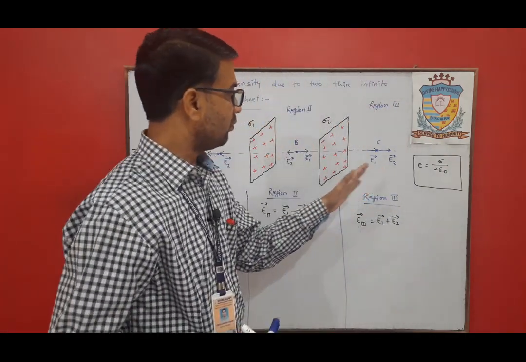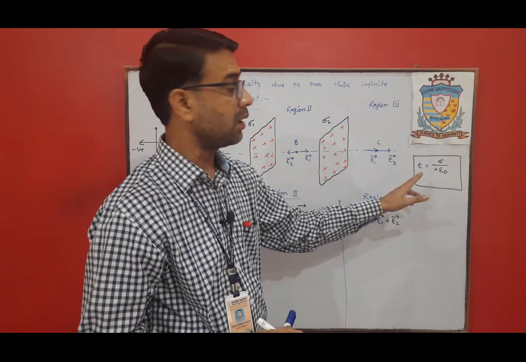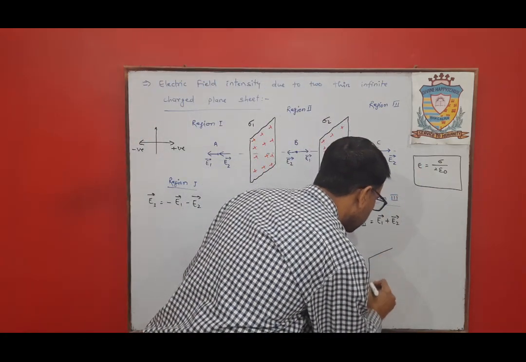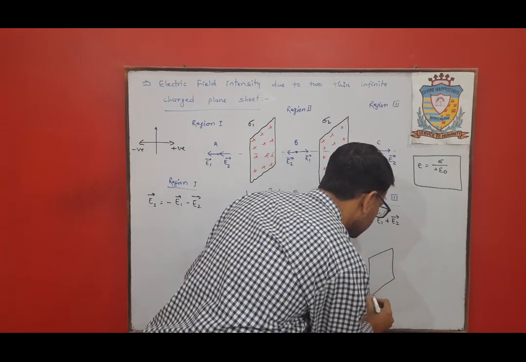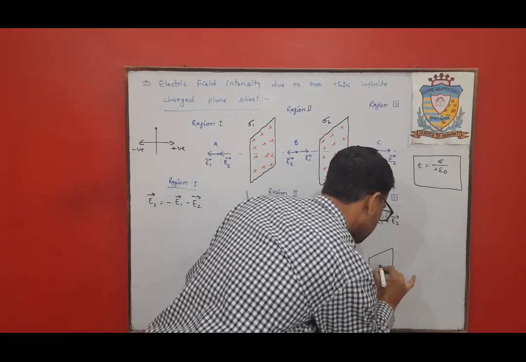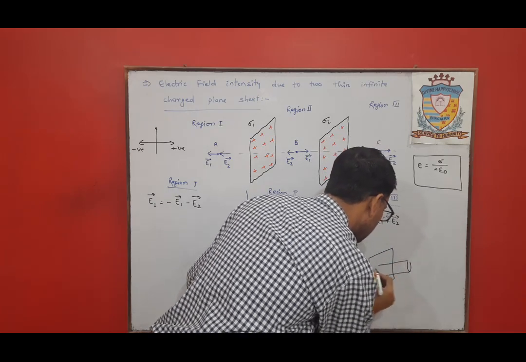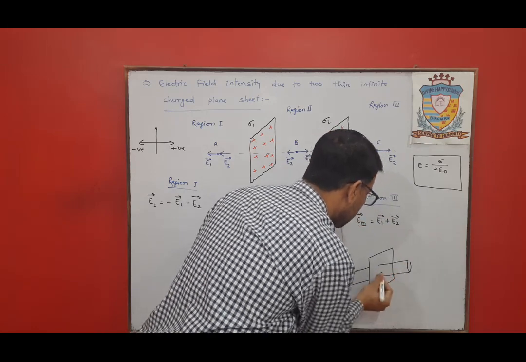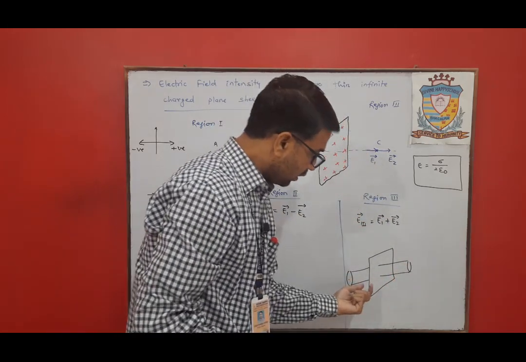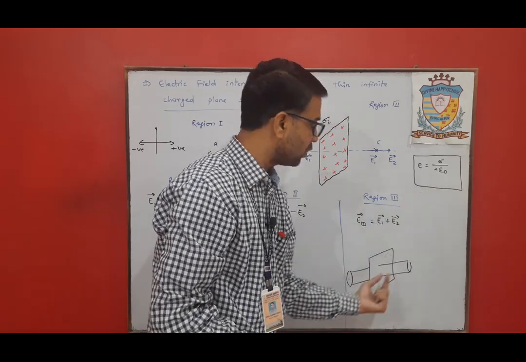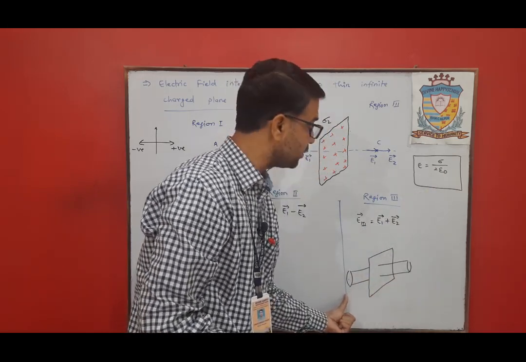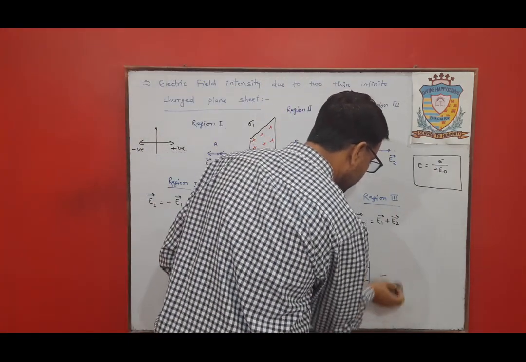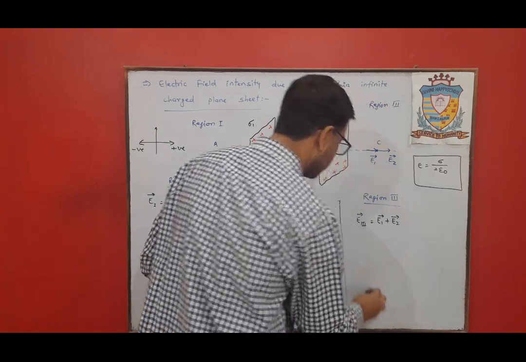And we have taken it in a uniform electric field, that means this is constant around. You can see we have taken this type of arrangement. This is at the distance of r, again this is at the distance of r. So here the electric field intensity will be sigma upon 2 epsilon naught. Here again the electric field intensity will be sigma upon 2 epsilon naught. Means at each and every point the value of electric field intensity will be sigma upon 2 epsilon naught.